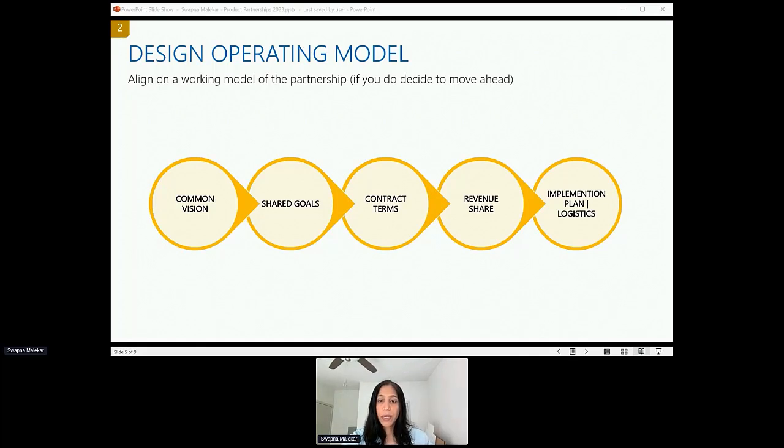Creating a common vision also helps when the partnership is not going in the right direction in the future, right? So if there's any dilemma in the future, or you've reached a stalemate on any of the decisions you're trying to make, or when both of you are trying to solve a particular challenging pain point, having that common vision can help you go back to the basics and work together with each other in order